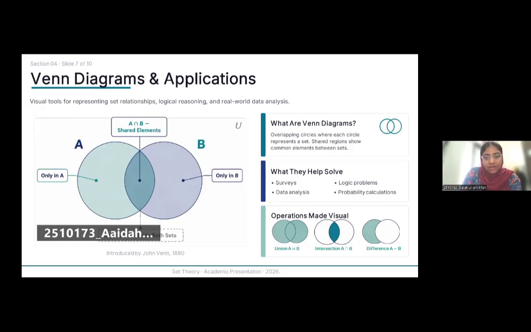तो फॉर एग्जाम्पल जब हमने जो ईच सर्कल होता है ईच सर्कल represent different sets. For example, if there is two circles, then these two circles represent two different sets. And the area that is overlapped is the common area that is showing the relationship between sets. So उसके बाद ऑपरेशन मेड वियर्स.